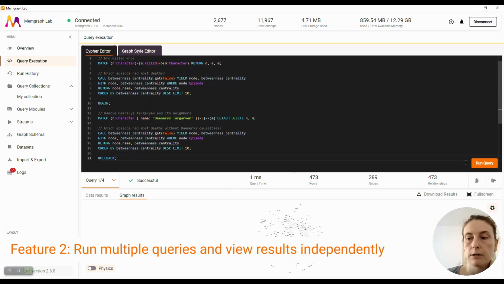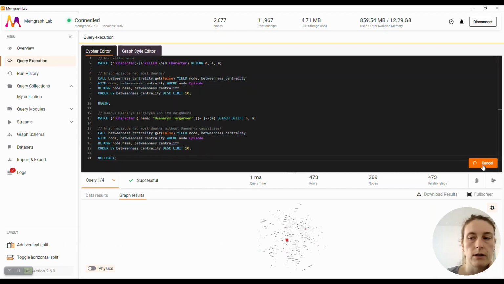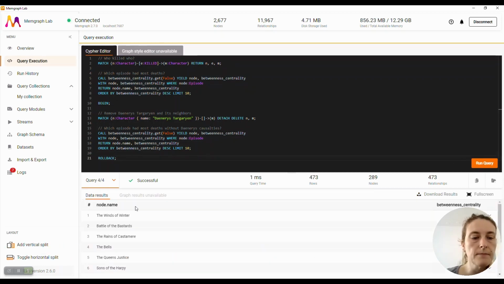Please unselect everything, and then I'm just going to run everything. I am going to see the results of the last query, but here I can actually change which results I'm looking at. Query 1 is the graph results we were just looking at and adjusting, and query number 2 is